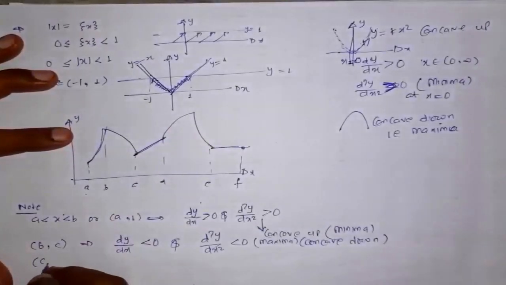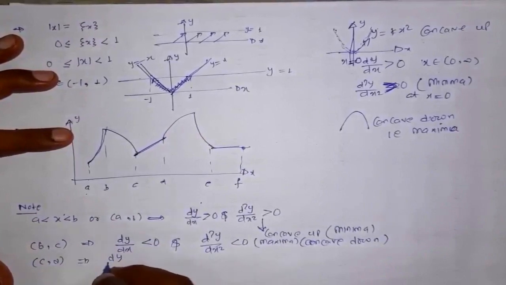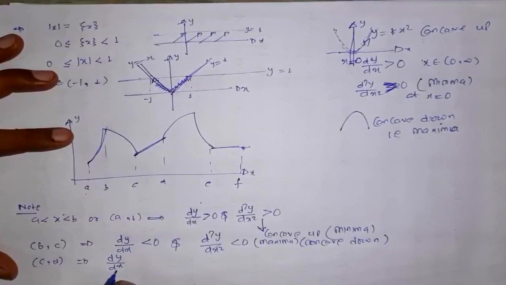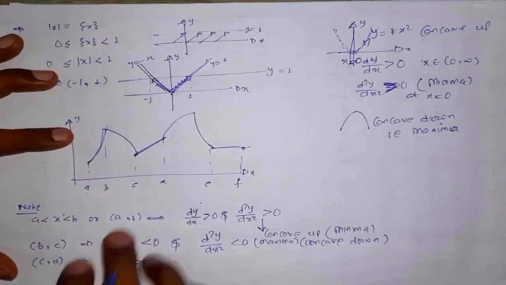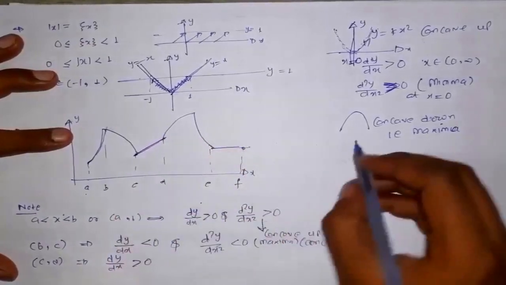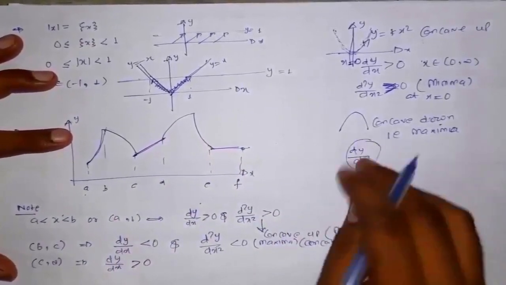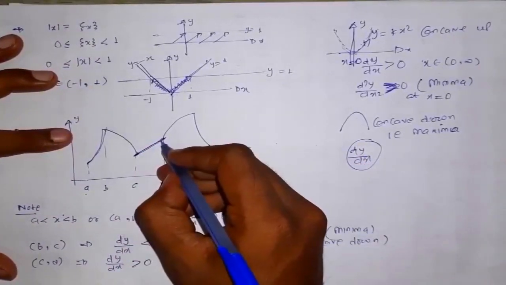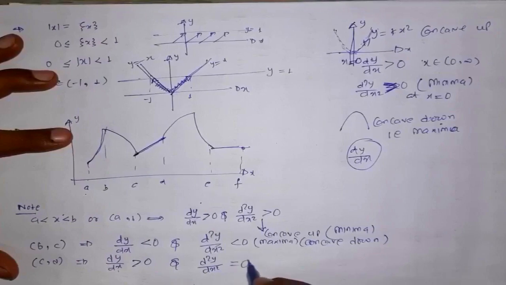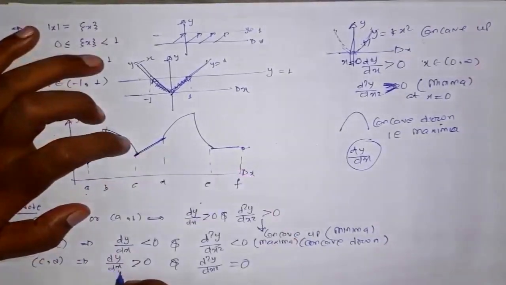So here is a straight line. The straight line means for C to D, dy by dx will be constant. Okay. And it will be positive. It is constant because dy by dx represents the slope of any curve. So here the slope is constant, but it will be positive for every point. So dy by dx will be positive. Okay. And d2y by dx square will be 0, because dy by dx is constant.